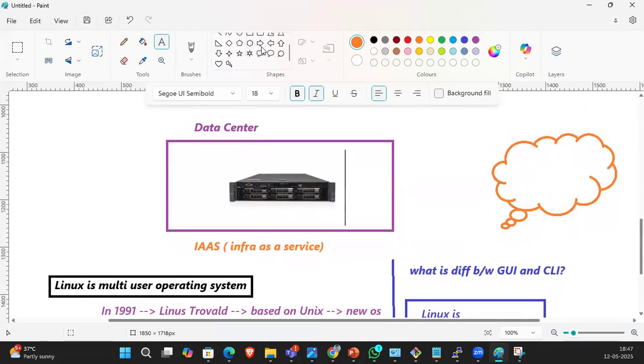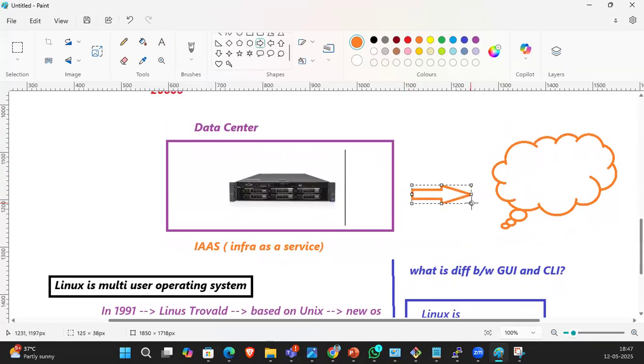So what is the cloud? The cloud concept is the same as before. How were you doing your banking transactions, your insurance premiums, your hospitalization? Everything manually, right?